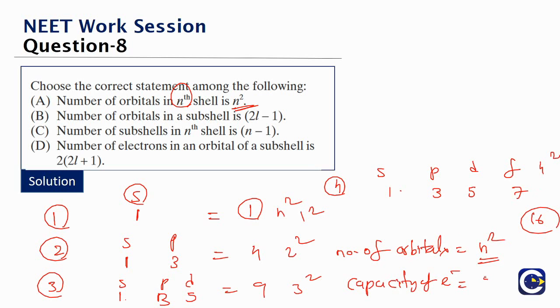2 electrons. So the capacity of electrons will be 2 times this. That is how the empirical formula comes. Okay. By the way, we are looking for the correct statement among the following. So which means we got our answer: Option A itself. If it's a question in the examination, we would move on, provided we are confident with our approach.